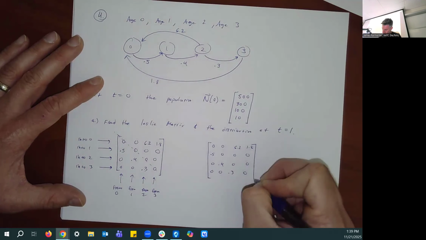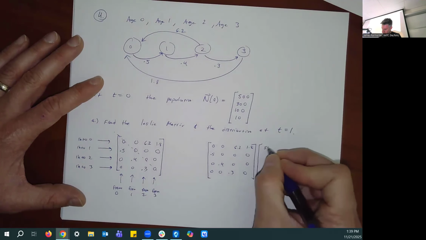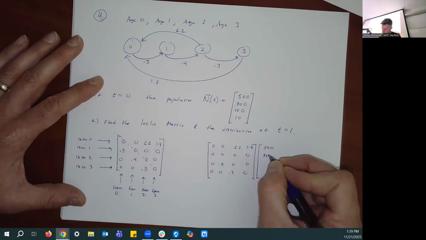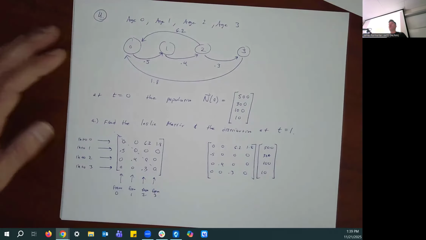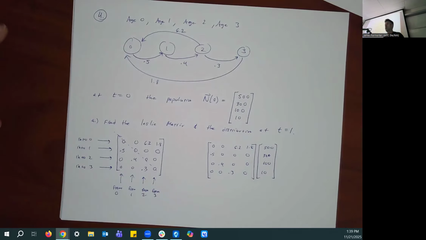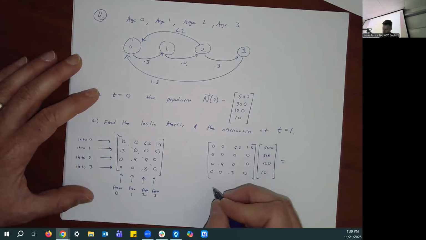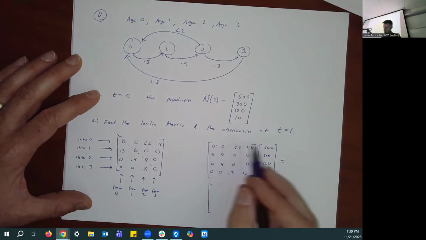Then we're going to multiply that by 500, 300, 110. Honestly, if you're running low on time, you might stop there. Move on to something else, because this shows that you know what you're supposed to do, even if you haven't actually done the multiplication. I might go one step further and at least write something like 0 times that, and